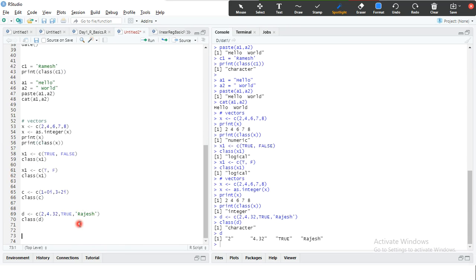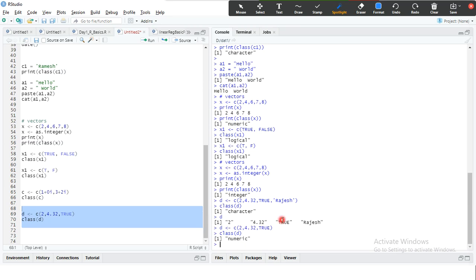Supposing if I remove the string data type, which one will take higher priority? The numeric data type. If I remove this and the least one is true, to check that, I'm going to remove this one. Look here, now all these values get converted as numeric data type, but the true will get converted as a 1.